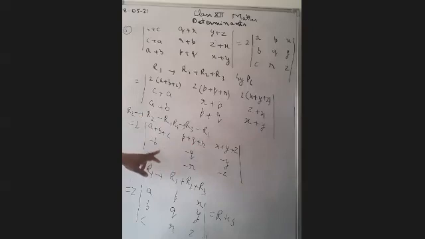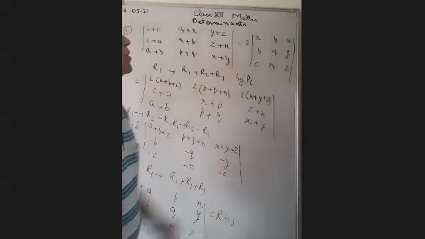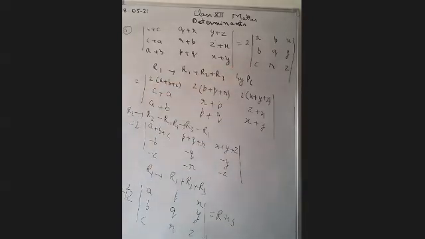So after subtraction, we get minus B, these terms. Now we have added in R1, so after adding we get A, P, X. If we take minus common, the minus sign will come in the first row. But in the third row also we are taking minus common, so minus 1 to the power 2 will be positive. That's why it is coming positive. Okay, that is what we have to prove, which is equal to the right hand side. So we have completed this fifth question.